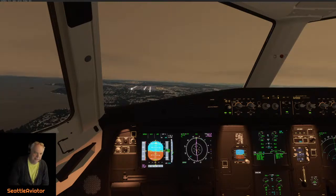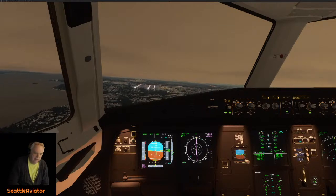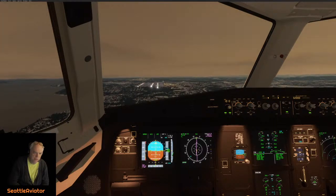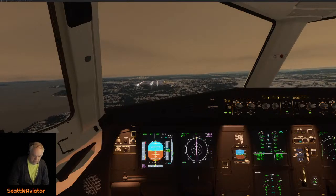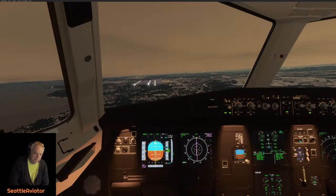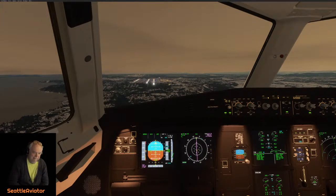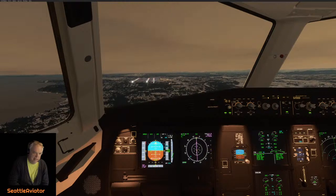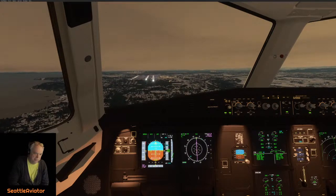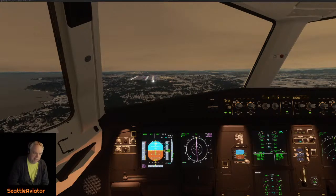I'm just a little bit right of center line, and I'm a little bit high, but I'm right on speed profile, and my PAPIs, which are the red and white indicators just to the left of the approach end of the runway, are looking pretty good. So now I'm on center line. I'm still a little bit high and maybe just a little bit fast. I'm not going to worry about the speed because I have auto throttle controlling the speed. I'm just going to put those diamonds in perspective